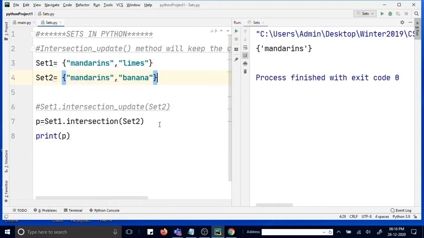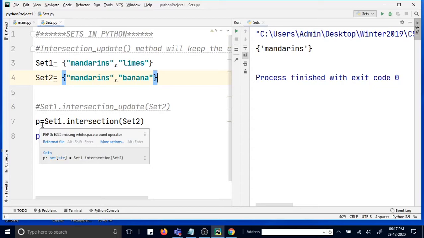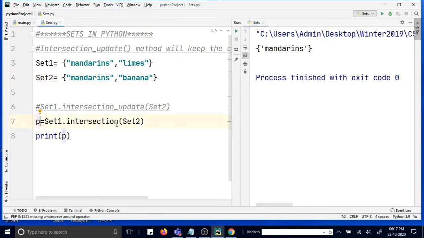Yeah, so the implementation of intersection update is a little bit different, students. In case of intersection update, directly you are doing the operations, in the set itself you are updating. Okay, the meaning is that set 1 is getting updated by intersection update. Whereas in case of only intersection, you have to take the result, because this will give the result.